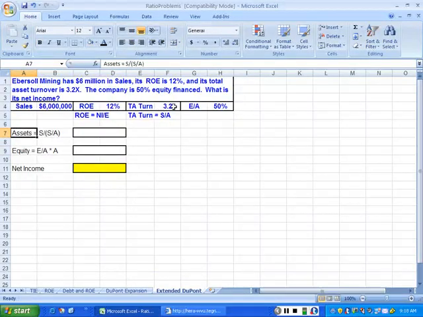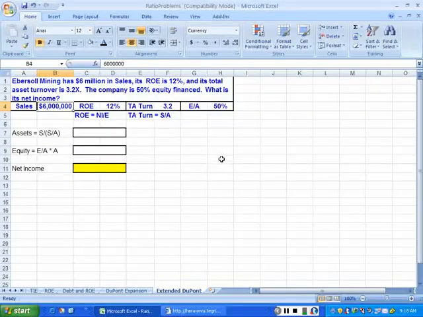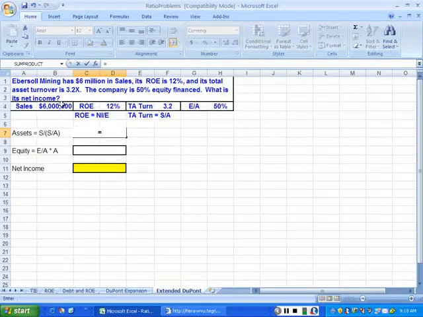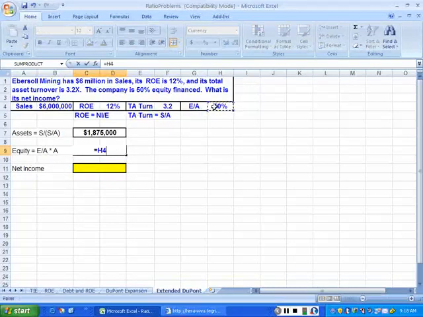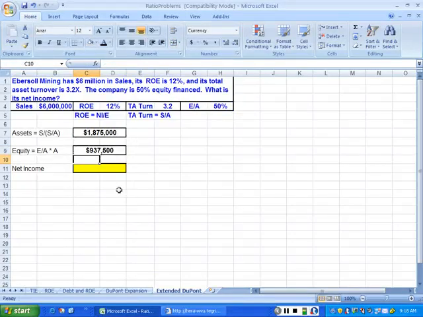So with a turnover of 3.2 times and a sales figure of $6 million, if we're interested to find the asset component, where sales divided by assets is equal to 3.2, then if we take our $6 million and divide it by this 3.2 times, we find that that's based on assets of $1.875 million. If our equity to asset ratio is 50%, then our level of equity is just 50% multiplied by this level of assets. So we built that on equity of